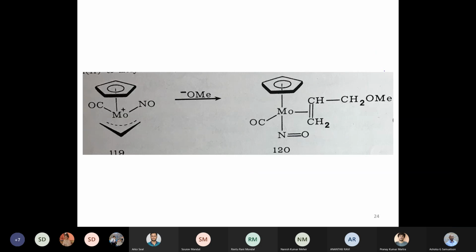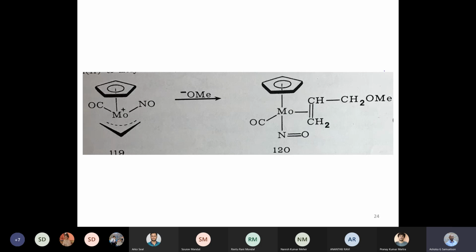Now, just to make life a little more complicated, I have given you another example here. In this case, sodium methoxide is the anion that is coming in, or the nucleophile that is coming in. So it can be thought of as a one electron ligand. Now I have two electron ligands present on the molybdenum, I have two electron ligands, and I also have an allylic species.